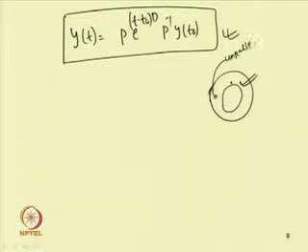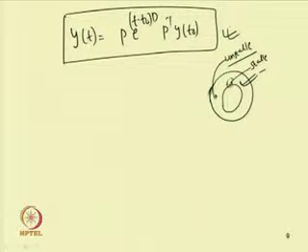So, for the system to be stable, it should remain within this region. If you perturb it, or if you start the solution nearer to this point, it should always come to this solution point. If it takes infinite time to come to the solution, then it is asymptotically stable, but if it remains within this state, within the circle, then it is stable. So, we have stable and unstable solutions.